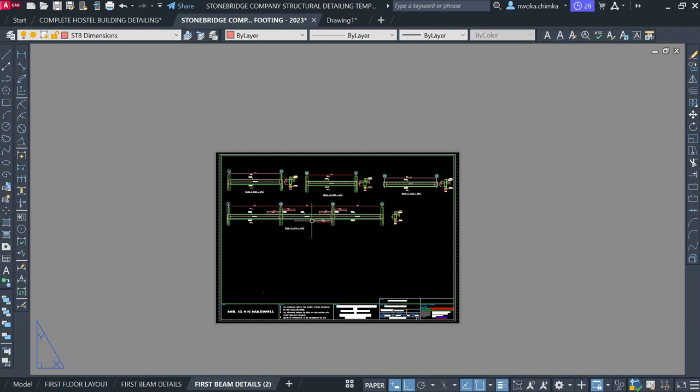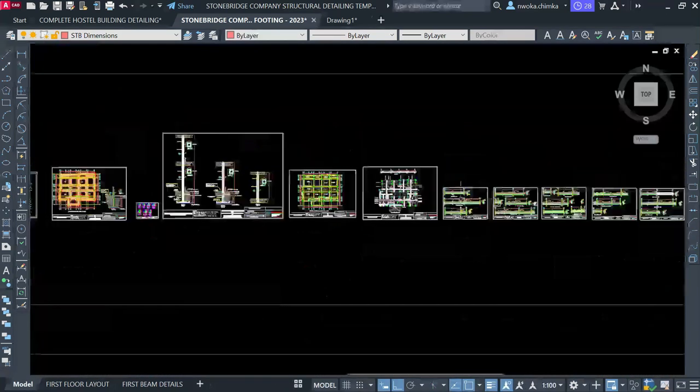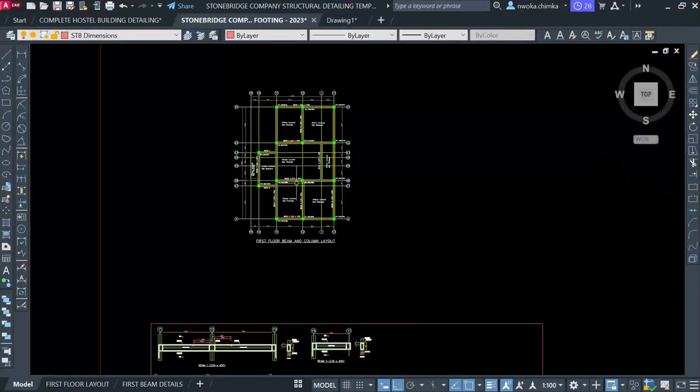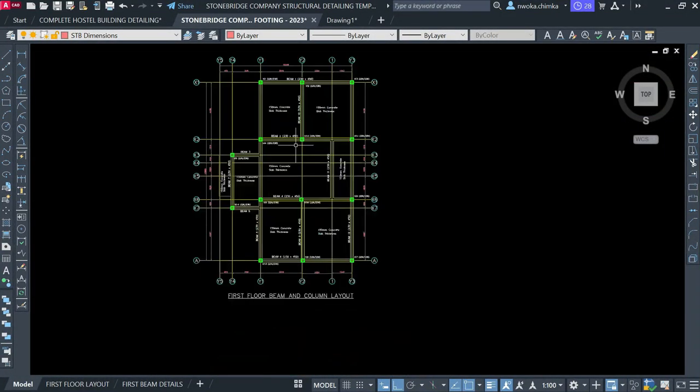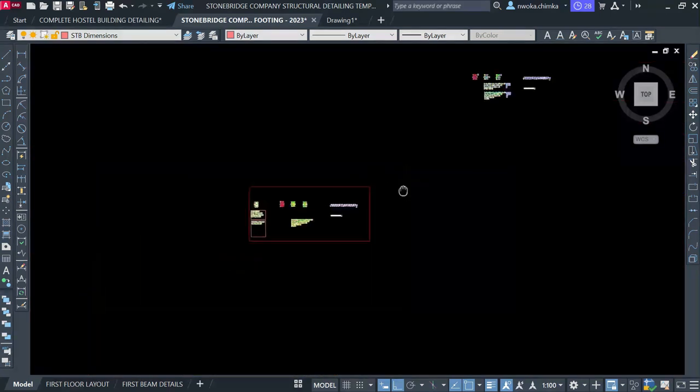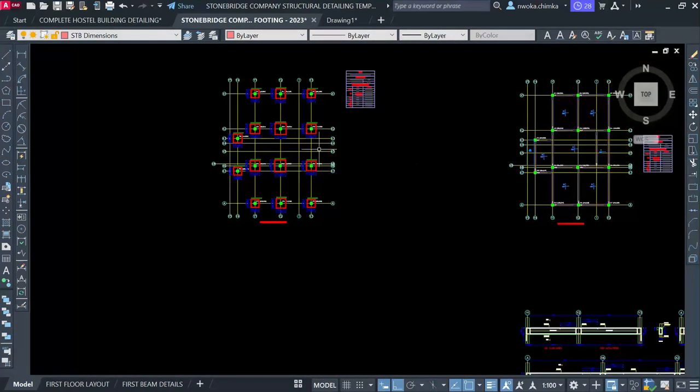Okay, so right now I want to show you the slab detailing of this building, which I'm using to show you guys how to use this Stonebridge template. Okay, so right now, since I already showed you how these things transform,